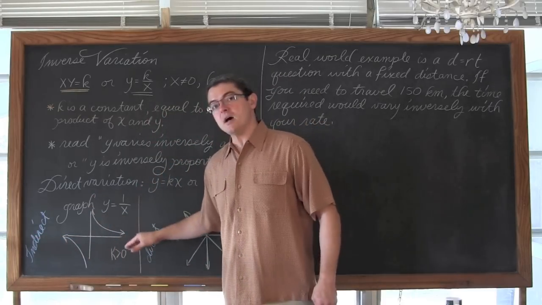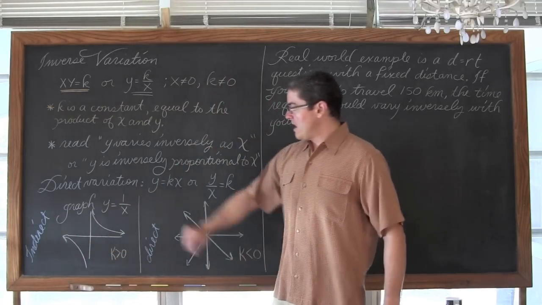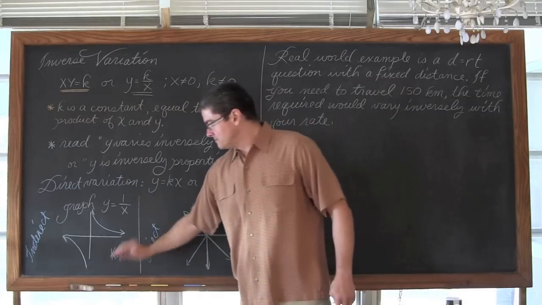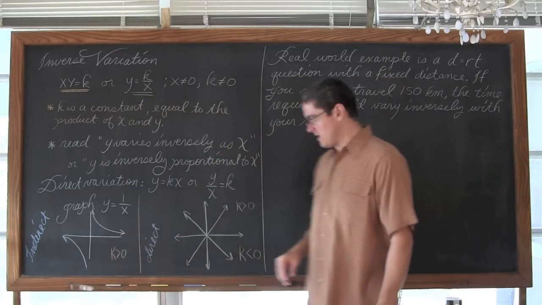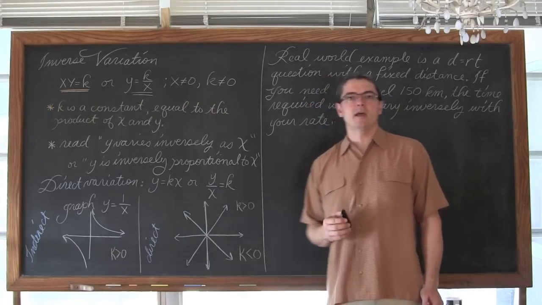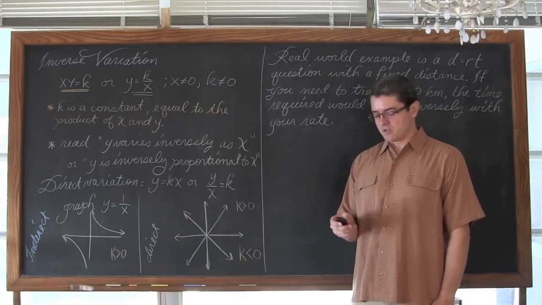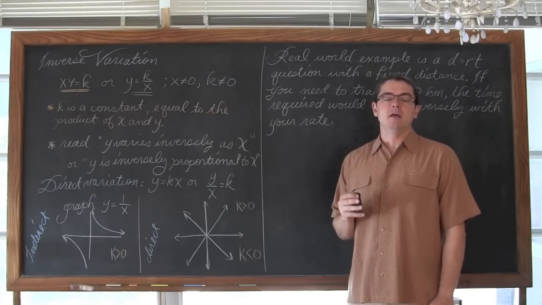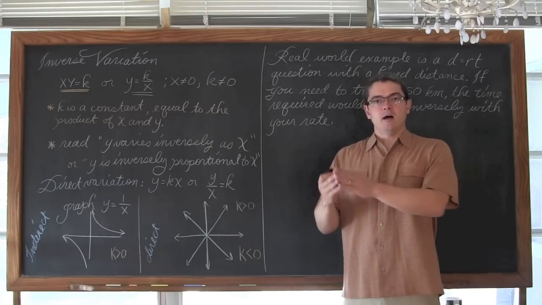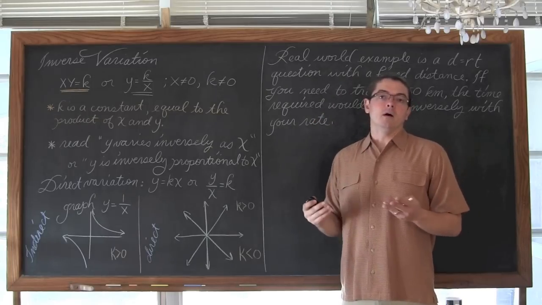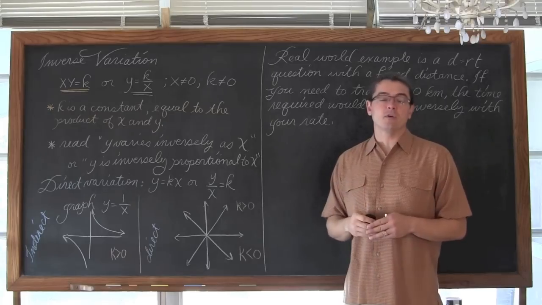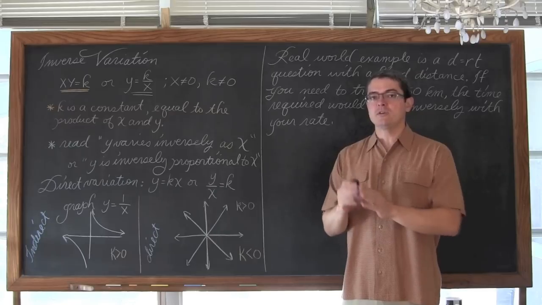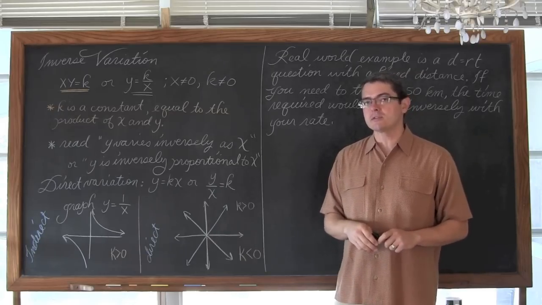But we can see the graph is not linear. It has a vertical asymptote where direct variation does not. Again, k can be either positive or negative, though that negative possibility for k is largely ignored in many textbooks. That's why some students, even some teachers, will incorrectly say direct variation is when x gets bigger, y gets bigger, and with inverse variation, as x gets bigger, y gets smaller. Those summary statements are only good when your constant is positive.